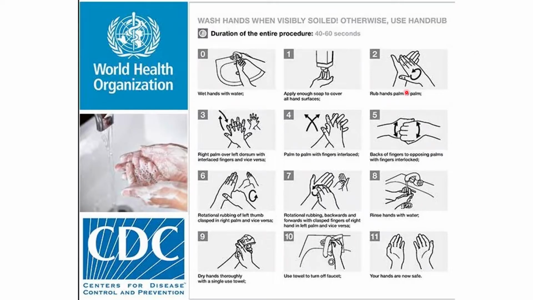This checklist here, class, is from the World Health Organization and also Centers for Disease Control and Prevention. Here is the checklist on how to properly wash your hands. So, in order for you to ace that proficiency examination, you need to memorize the different steps on how to wash your hands. So, first, you wet your hands with water, of course, then apply enough soap to cover